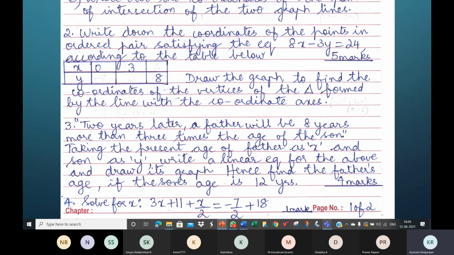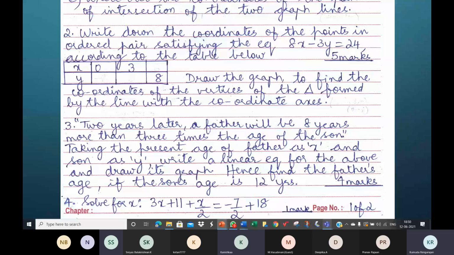Okay, now the graph, what is the x-intercept? From the graph, what is the x-intercept? Ma'am, 3. No, intercept, x and y intercept, represents the coordinates of the point. So what is the x coordinate? 3, 0, ma'am. Yeah, 3, 0 is the x-intercept. What about the y-intercept? 0, -8, ma'am.